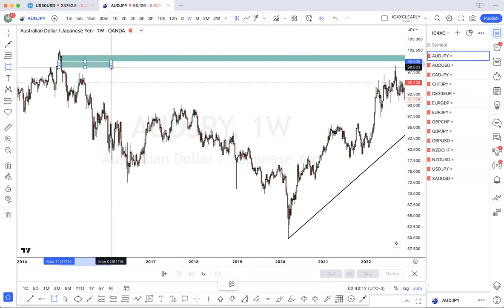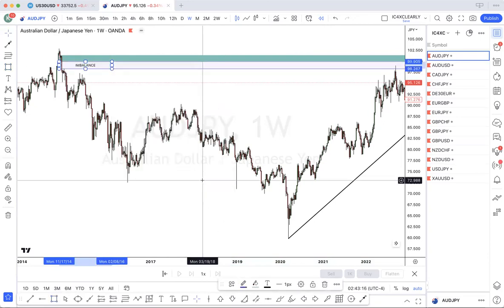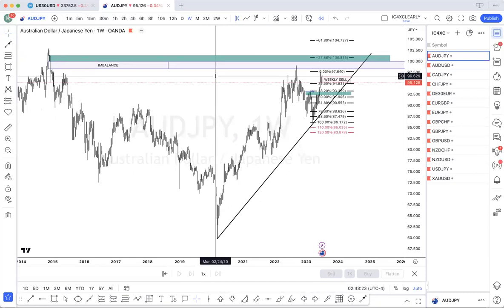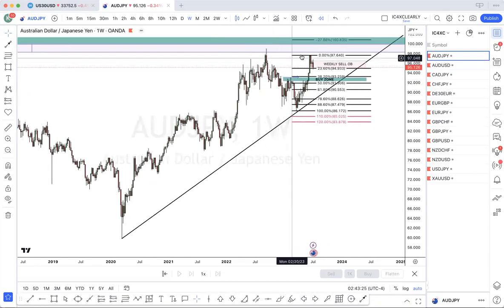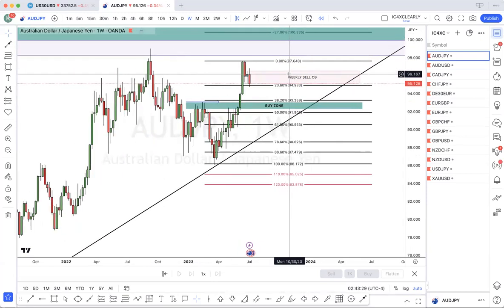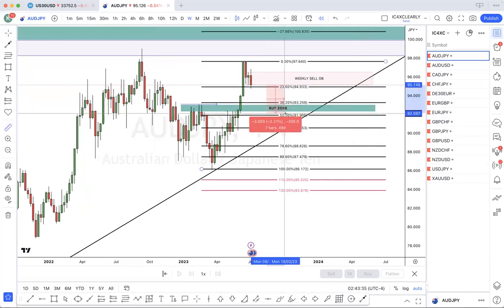I'm just going to mark up both here. So price is likely pulling back to the 50%, which is approximately, let's just say this imbalance, and it's also an order block,